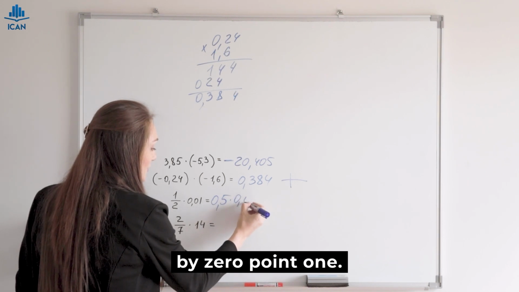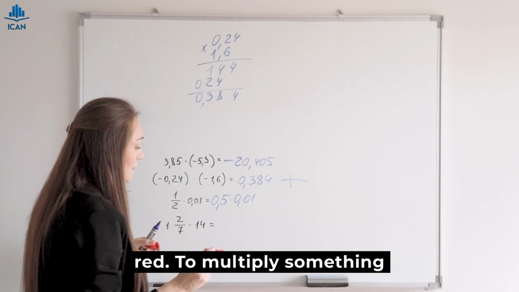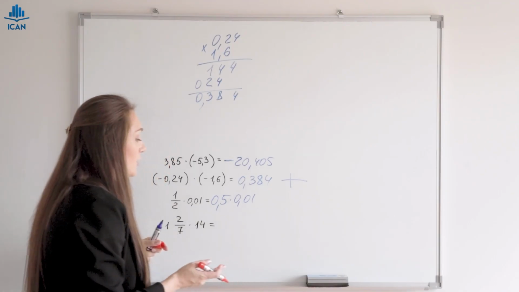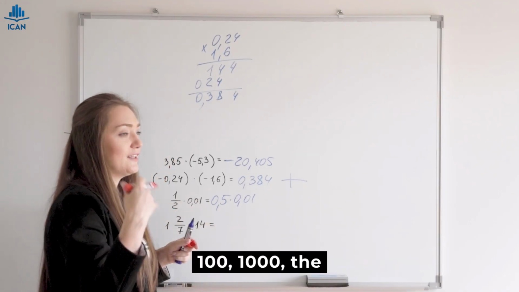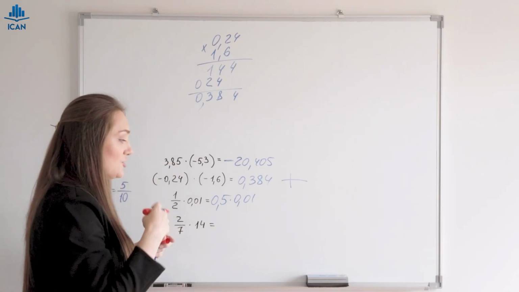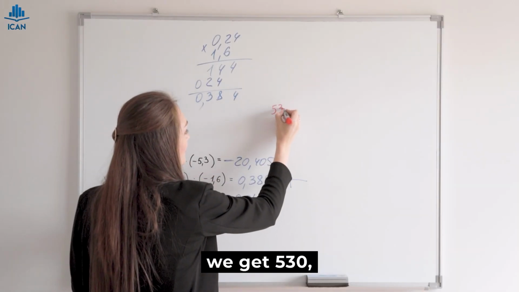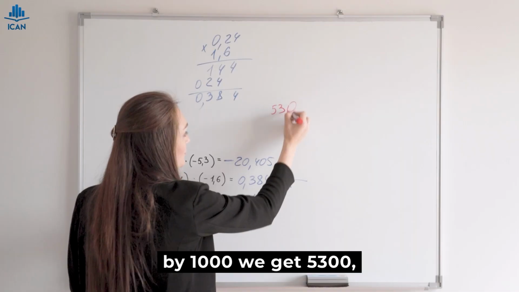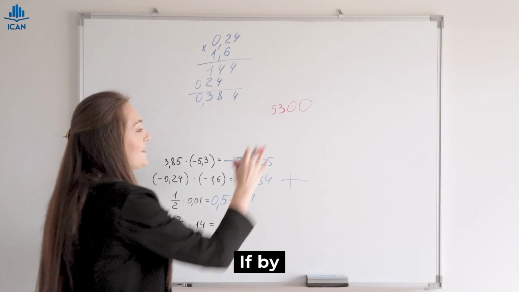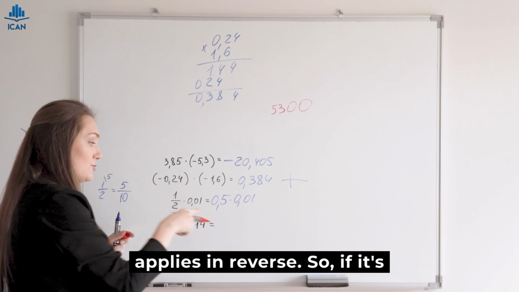Multiply by 0.1. Let's do this. I'll write it in red. To multiply something by 1, what do we get? We get the same number, right? But multiplying by 10, 100, 1000, the decimal point moves as the number grows. So if we multiply 53 by 10, we get 530. By 1000, we get 5300, and so on. If by 100, it'll be 5300. There, the same applies in reverse. So if it's